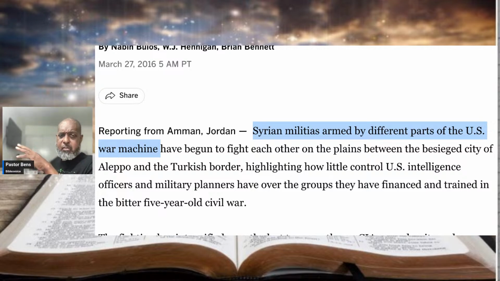Guys, look at the mess that we're involved in. I shouldn't say we, but look at the mess that this government is involved in. The government that you are so committed to, that you are proud to vote for. You Democrats out there, you are proud of this government, so much so that you know more about policy than you do about the word of Yah.